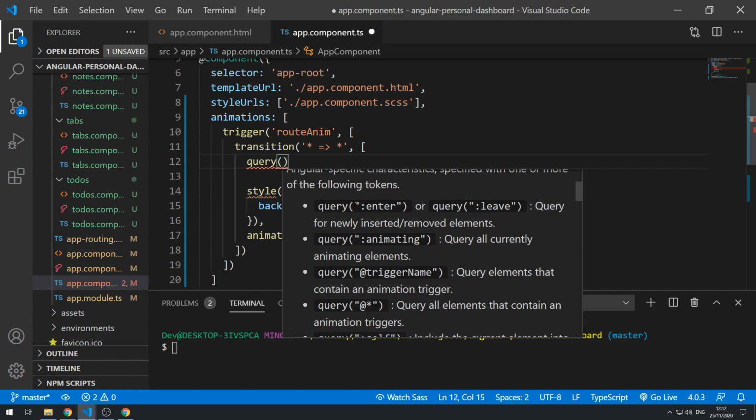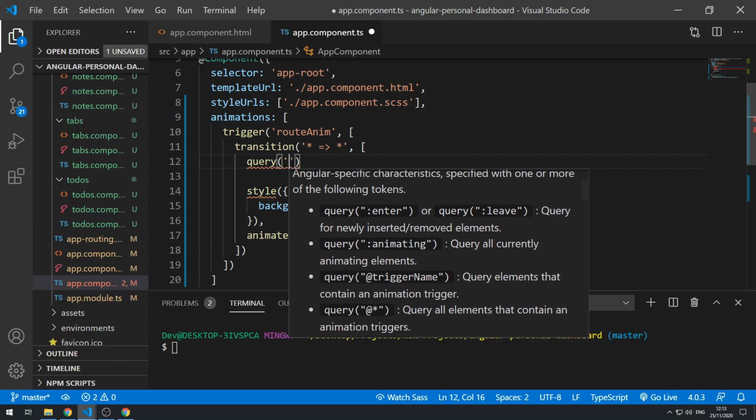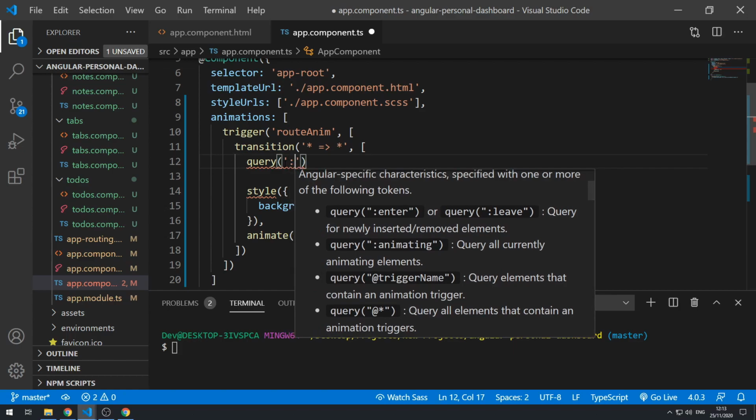Because here we can use query enter to select the entering component, so the root component of the new root, and query leave can be used to select the leaving element, so that would be the old root component. So the root component of the root that we had before we changed to the new root. All right, cool. So let's query for the entering